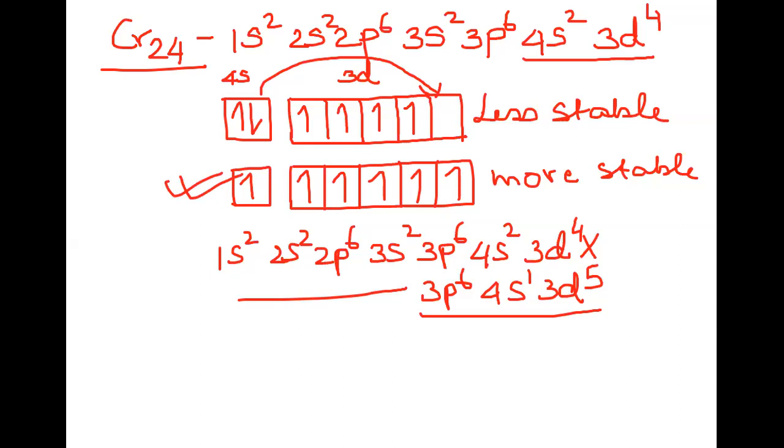So you can say that wherever there is overlapping, there can be exchange or transition of electrons from the fourth shell to the third shell. You see, in this case, from 4s to 3d. So this kind of a movement that is taking place is for the stability of the atom, and therefore what happens is that the atom becomes more stable, and this kind of stability is called the half-filled stability.